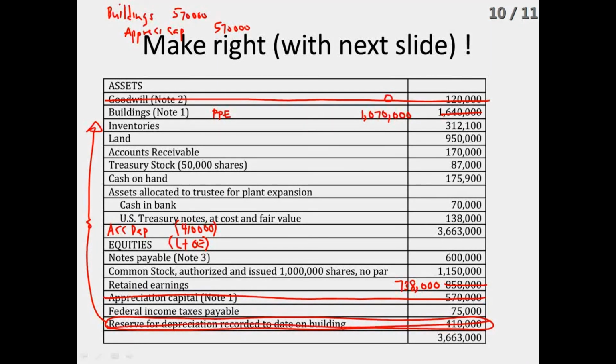Now, what about inventories? Where do they go? Okay, land. Okay, accounts receivable. Treasury stock. Okay, treasury stock is stock that we own, or stock that we bought back in our own company. Now, one of the primary rules of accounting is that you can never show a profit on sale of your own stock.